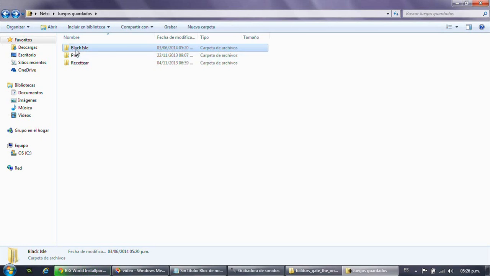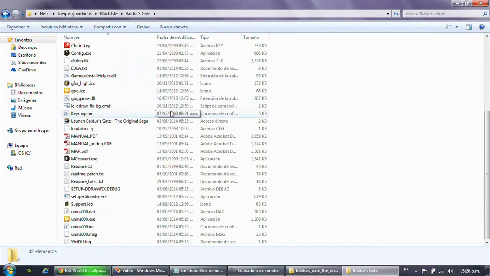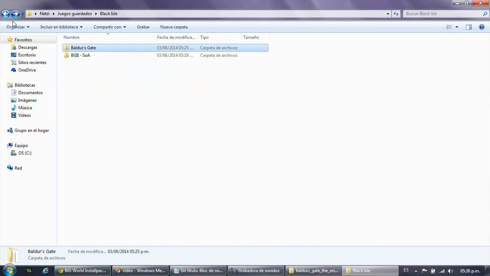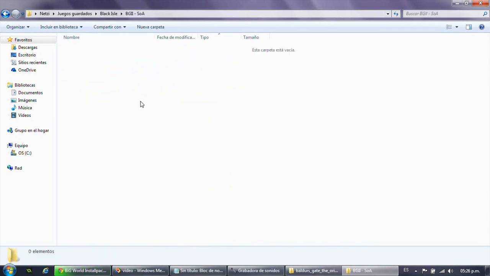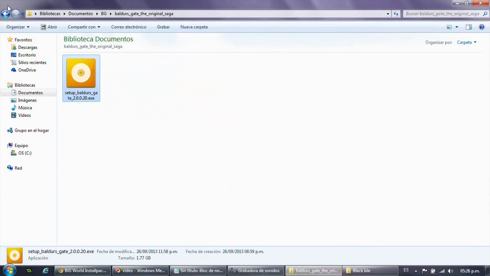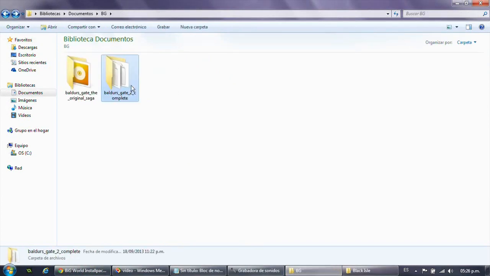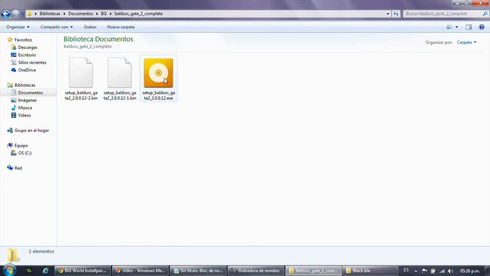This is how it should be. Inside your Black Isle folder you should now have two folders: Baldur's Gate with the game we just installed, and this one which we haven't installed yet. So let's go and do it. This is the folder for Baldur's Gate 2 installation, downloaded from Good Old Games. So let's start it,